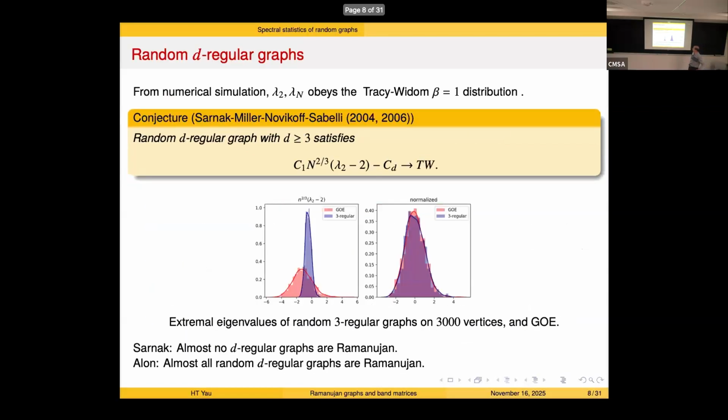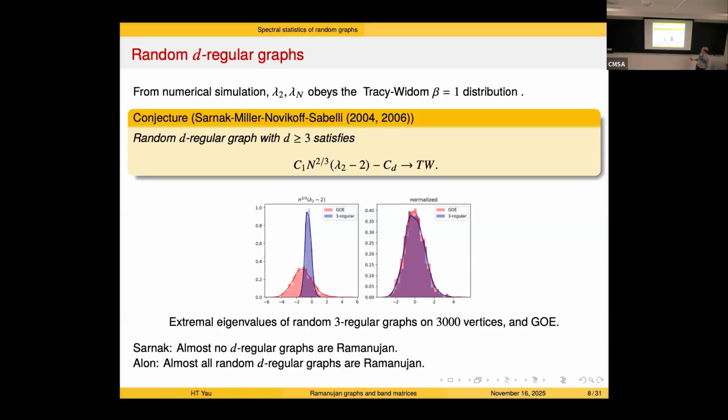Okay, so in a separate direction, there's a numerical simulation by Miller, Novikov, and Sabelli. Actually, Sarnak talked about this result, but I think the people really working on the numerics are his student and postdoc, Miller, Novikov, and Sabelli. So what they claim is